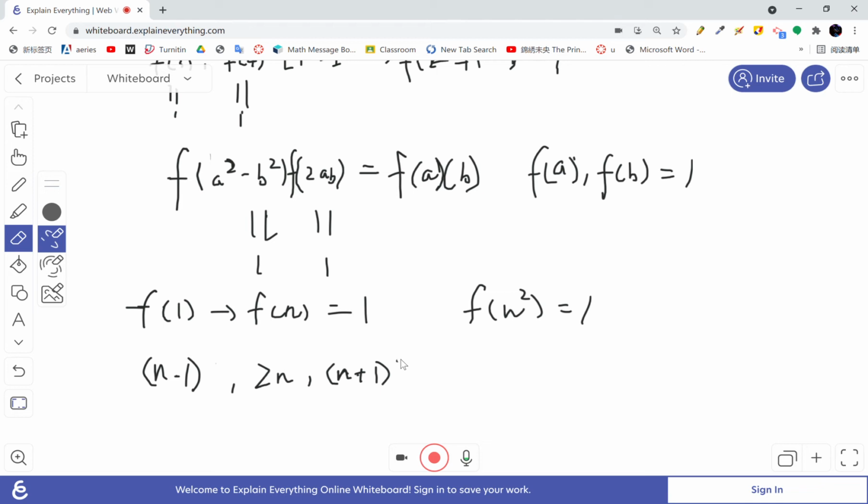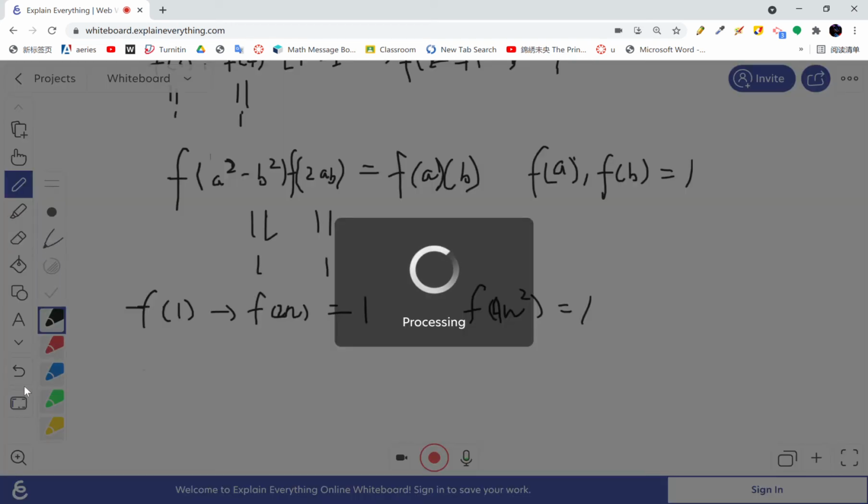So 2n is equal to, wait, so I think we can set this basically equal to 2n. So if we know that from f of 1 to f of 2n is equal to 1, then obviously f of 4n squared is equal to 1 because it's a square. But I don't think this is too necessary. So if we know that f of 1 to f of 2n is equal to 1, then f of